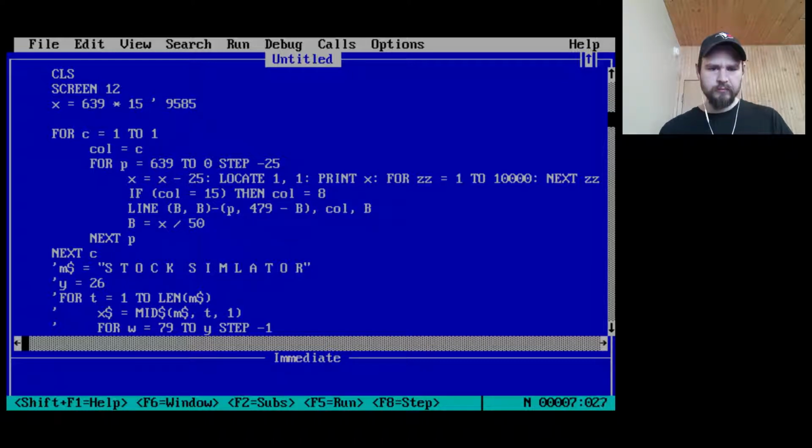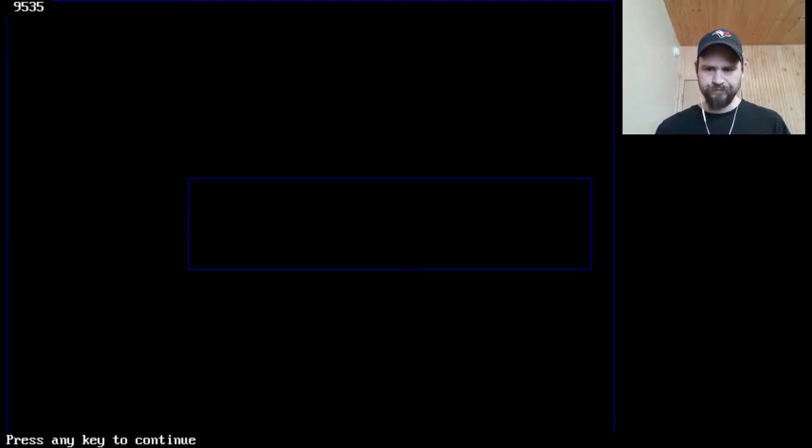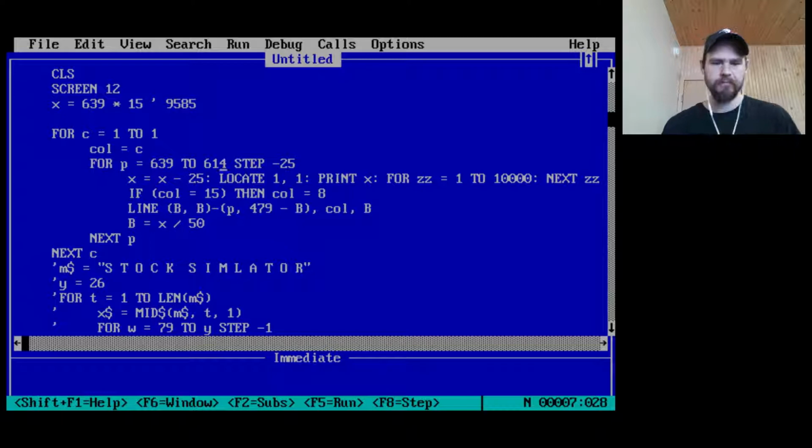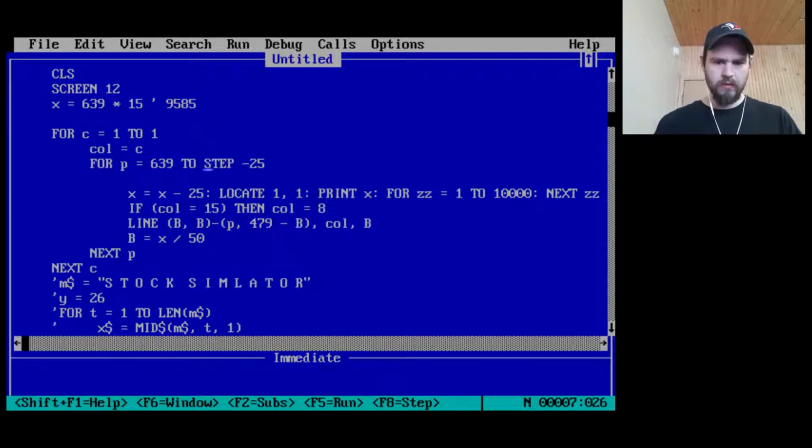Weird. Instead of going to 0, let's go to 624, 614. This should draw 1. Okay. Actually, no, let's go here to 0. Then we'll sleep. Oops. Okay, now we can